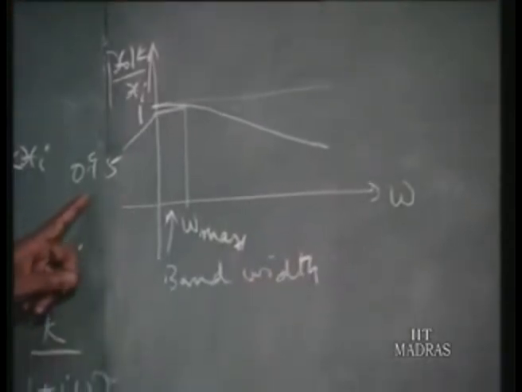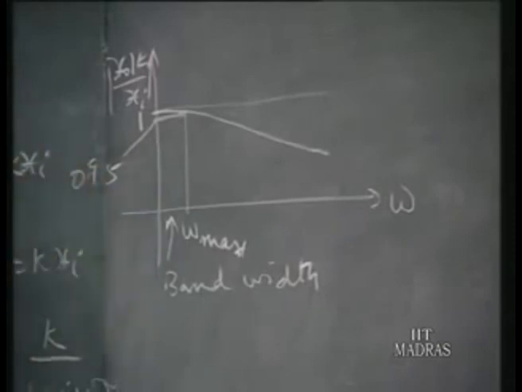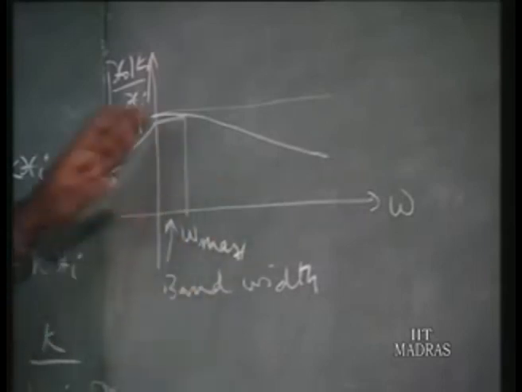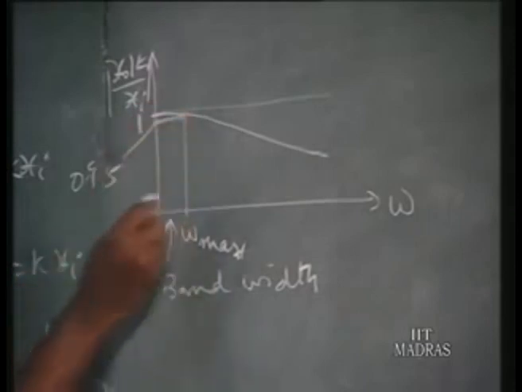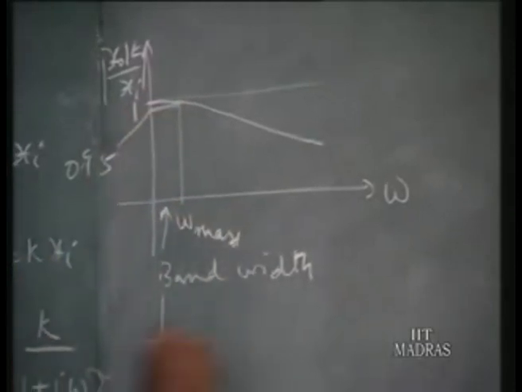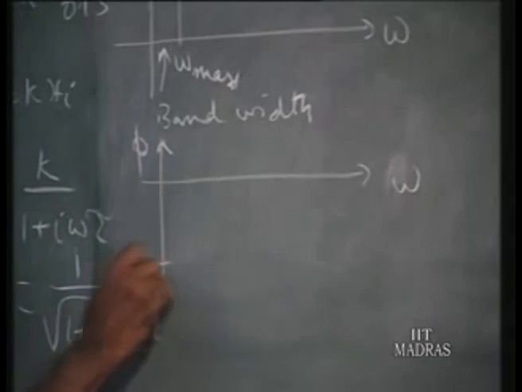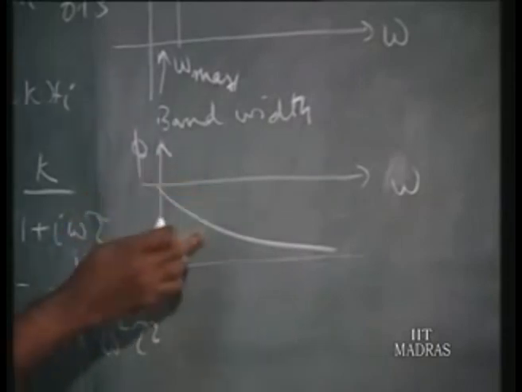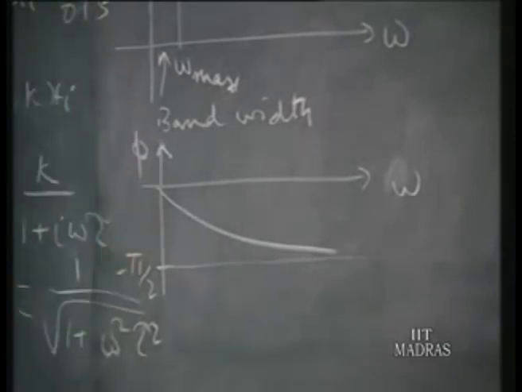If 5% error is permitted due to the dynamic signal, we find there is always error. This is another error source. We have learnt many error sources, from inside the instrument, outside the instrument and so on, but that was for a static signal. For a dynamic signal, one more source is that as frequency increases, the error increases. For 5% error, omega maximum is obtained from here: at this 0.95, come here, there will be omega maximum. For the phase, it goes from 0 to minus pi by 2, varying like this. That is, the phase difference will be proportional to omega. Such a thing is permitted. So that is the frequency response of first order instruments.